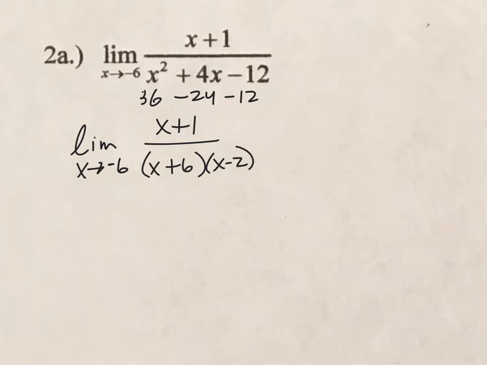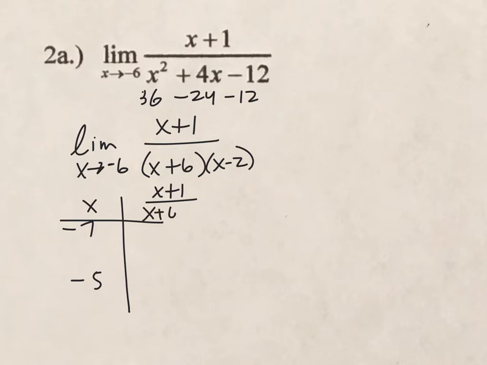So the way we can analyze that is just to make a little chart. Let's choose values that are on either side of negative 6. So let's choose negative 7 for x, and then we'll choose negative 5. And let's just make a little chart, and what we're going to do is evaluate this function at negative 7 and negative 5. So we're going to evaluate the x plus 1 over x plus 6